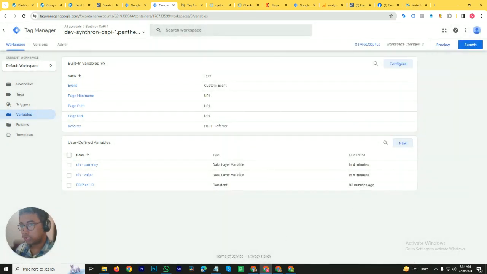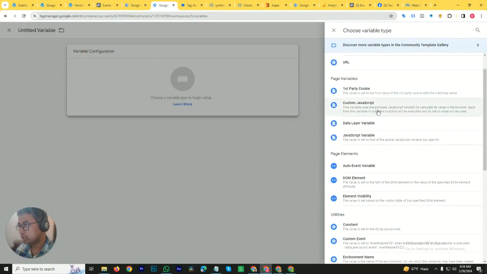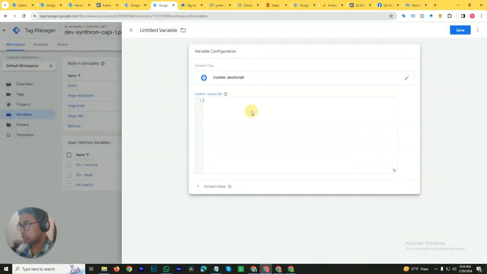We need to create a few other variables, but these variables are going to be custom JavaScript variables. So how do we create that? We go to new, variable configuration, click on custom JavaScript,